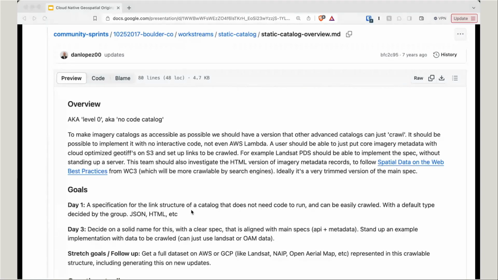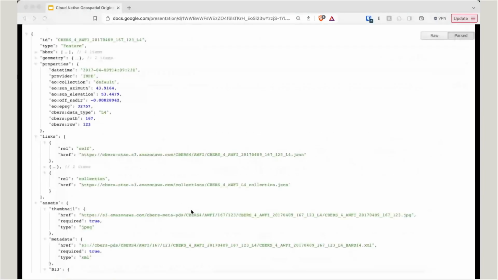The API would be the real spec, and we'd have these big servers that would crawl these little files, for Landsat on AWS. But it turned out you didn't need a database. You didn't need a server. You just needed data on the cloud. So the static catalog team, what they came up with became the center of the specification and indeed the entire ecosystem. The core building block's just this JSON file. It doesn't require you to put it in an API, but you can.